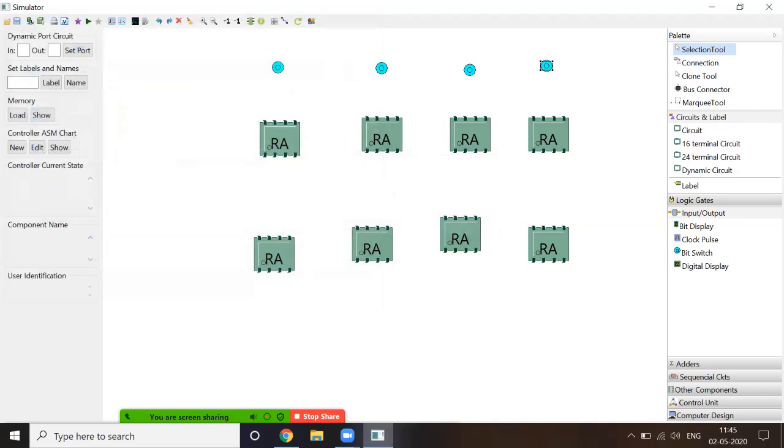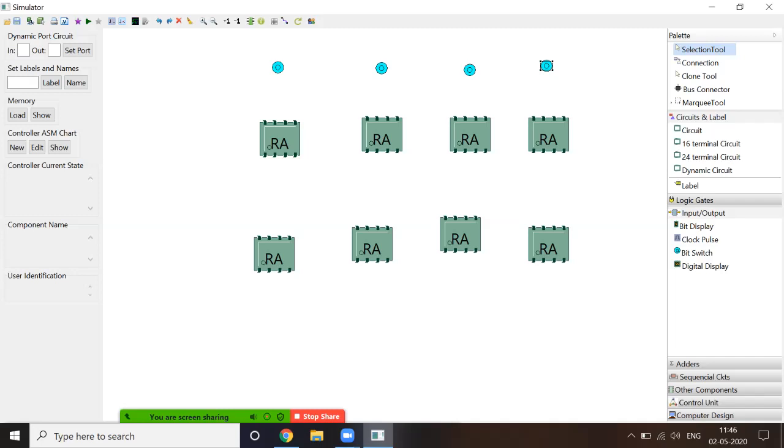Okay. Now other things you require is, okay, now where to connect these inputs? You have to connect this input to pin number 4, that is the input pin. Sorry, pin number 5, that is the input pin. So this bit switch will be connected to pin number 5 of this RAM cell and this RAM cell, because at one time it performs a write for this bit.